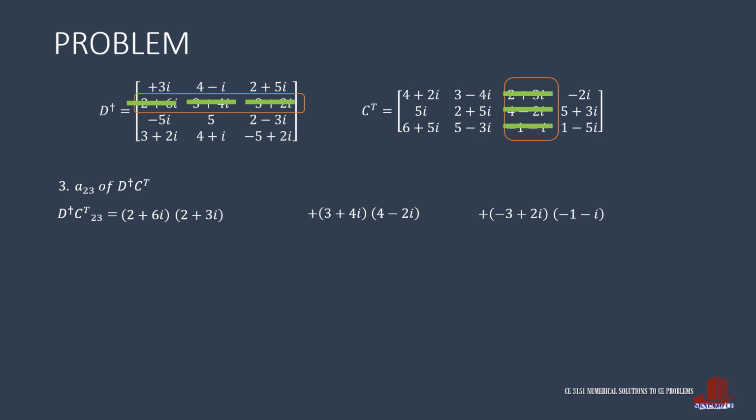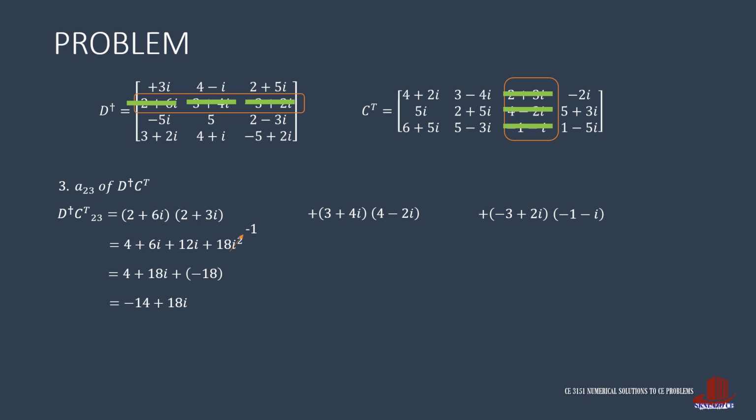Simplify the first pair using FOIL method. 2 by 2 is 4. Then, 2 with 3i is 6i, followed by 6i times 2 as 12i, with 6i times 3i as 18i squared. I squared from the last term is equal to negative 1, making the first product as 4 plus 18i plus negative 18, simplified as negative 14 plus 18i.